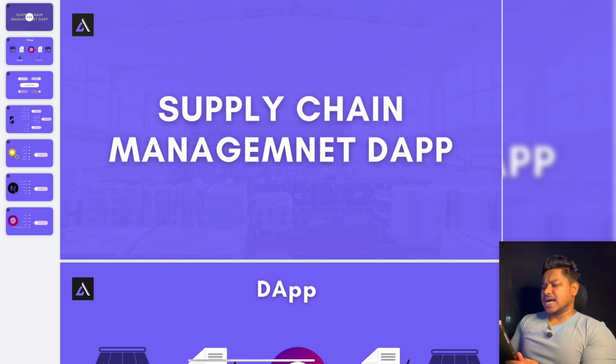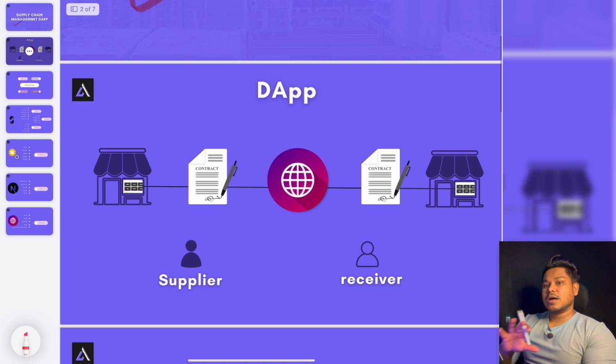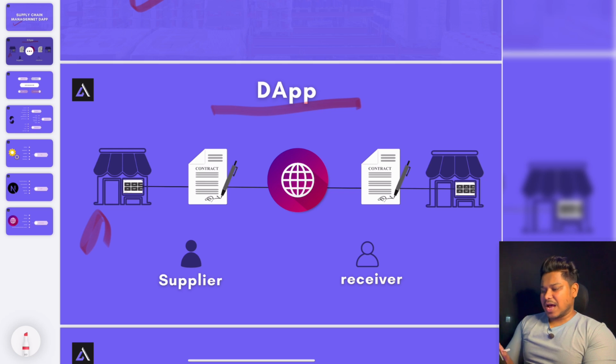Here you can see that I already have the entire architecture for the supply chain management. That's what I have given here, supply chain management. Now let's come back and try to understand the architecture. So this is the DApp. We're going to have our store, which is going to be our front end side, and we have our contract